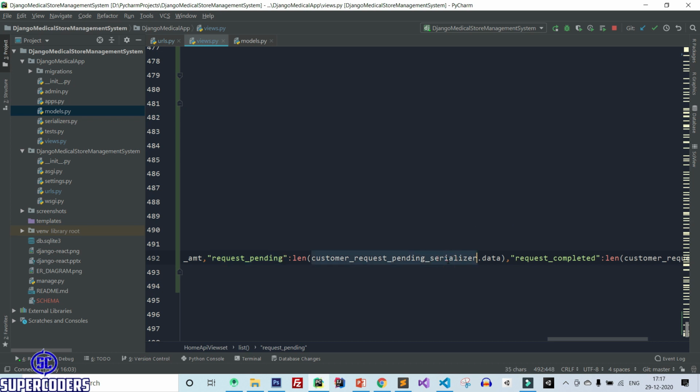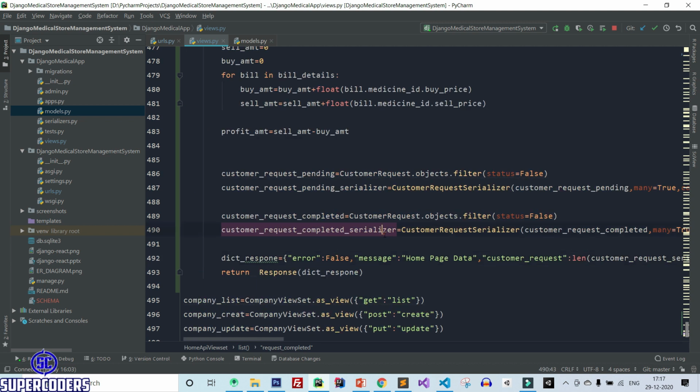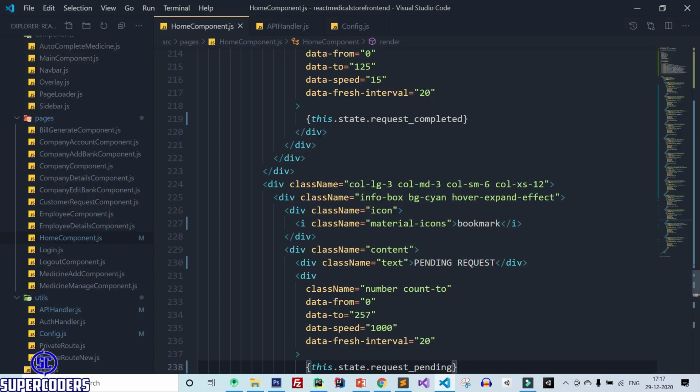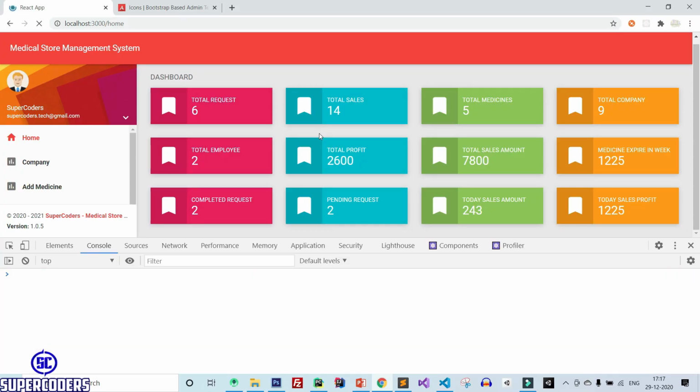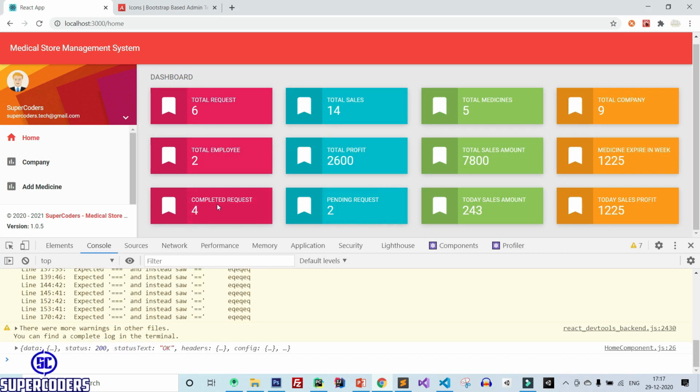Pending serializer, completed serializer, and here I think, okay, here is the error. It should be true. Save it, back to Chrome, refresh the page, and you can see completed request 4, pending request 2, and total request 6. So all are showing now.